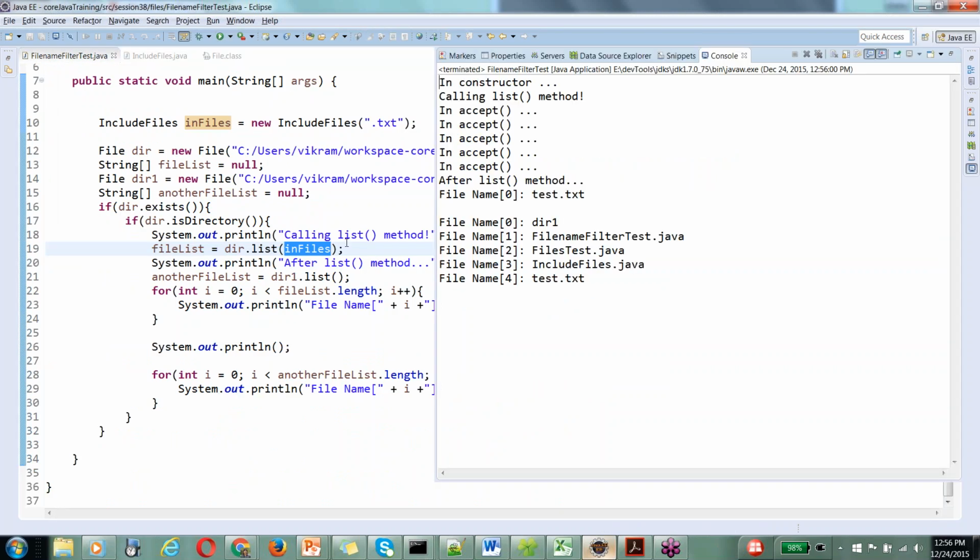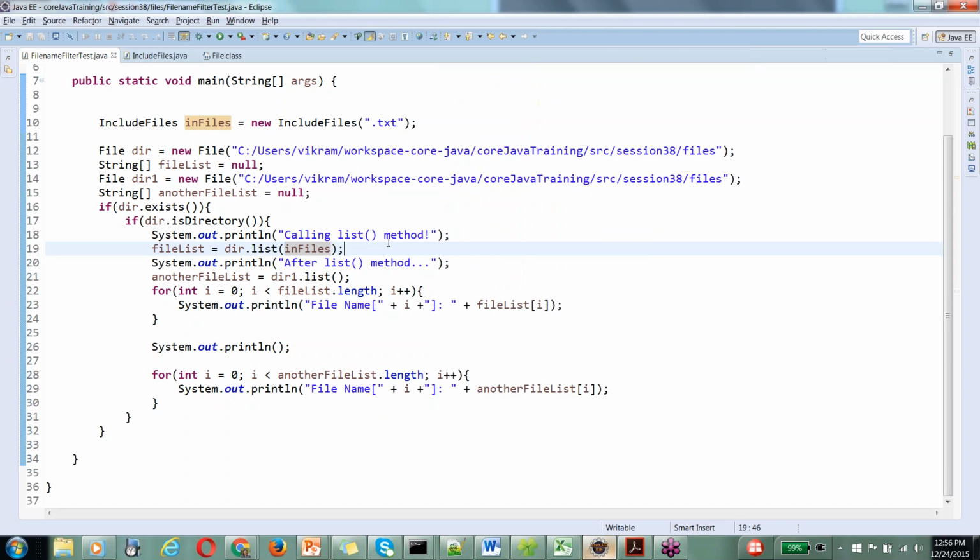For example, if you put debug statements or print line statements, you can see that after calling the list method, the list itself is calling the accept method. The number of times it is called is once for each file in the directory. It checks whether the filter condition matches or not, and based on that, it returns the respective file object. I have replied to you, Shravanti,